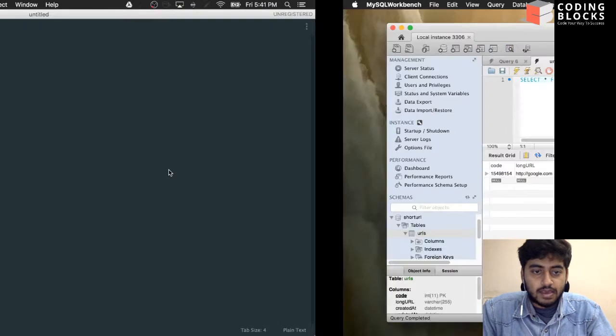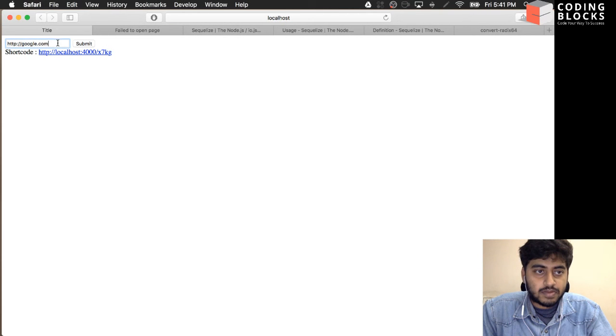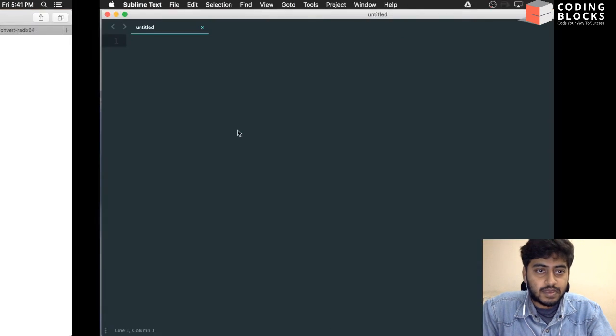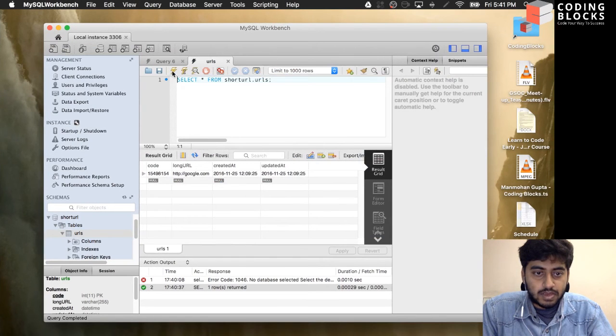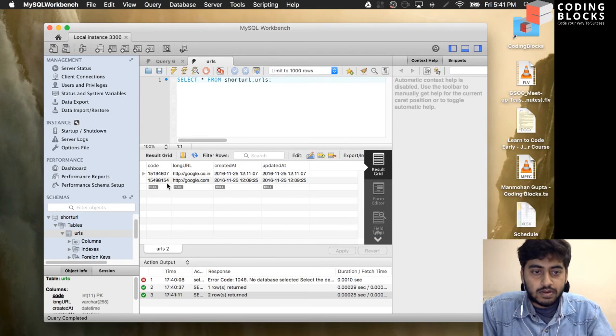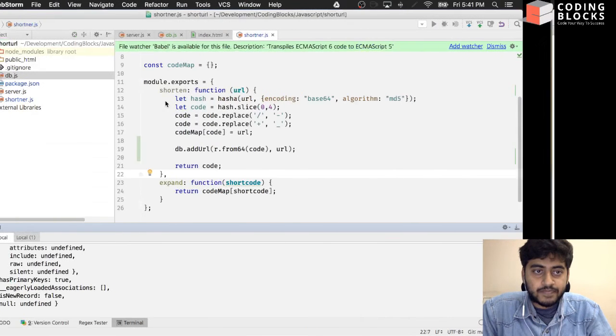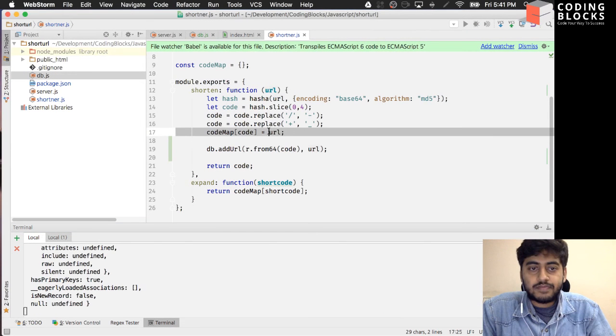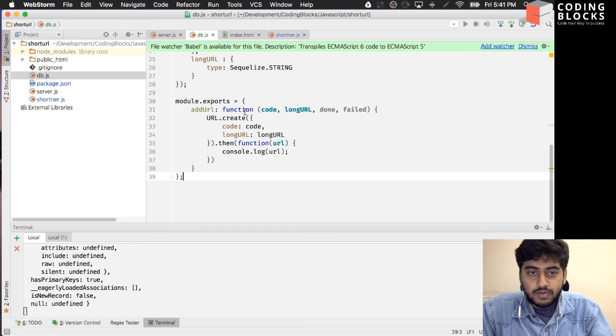Okay, now let me just add another one, say google.co.in, submit. Now if I run that query again, I have got two values, so we're getting integers like this. Now we don't need the code map anymore. Basically, if we want to retrieve a URL, we want to retrieve it from this particular database. What we'll do is